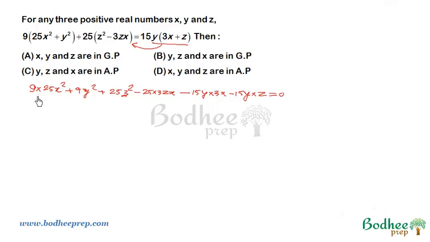Now if I observe that 9 is a square of 3, 25 is a square of 5, so I can write this particular term as 15x whole square, right? Similarly, this can be written as 3y whole square, and this portion can be written as 5z whole square,